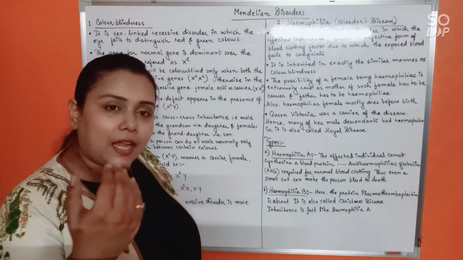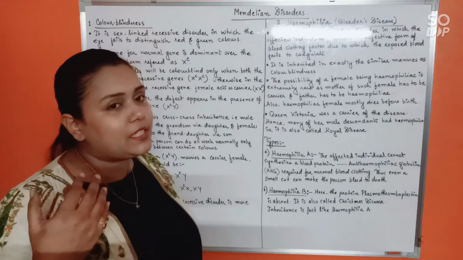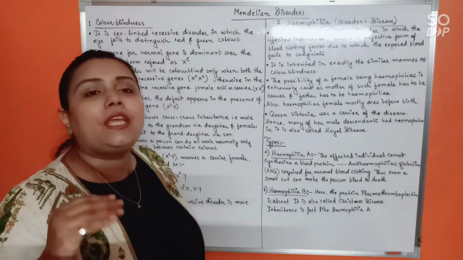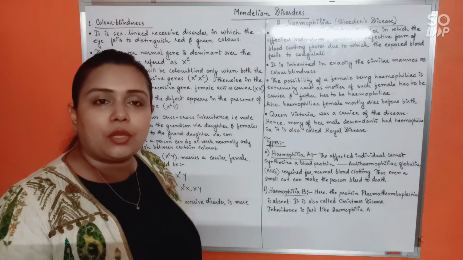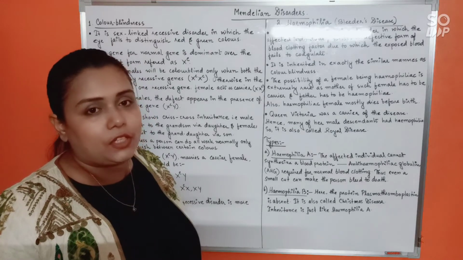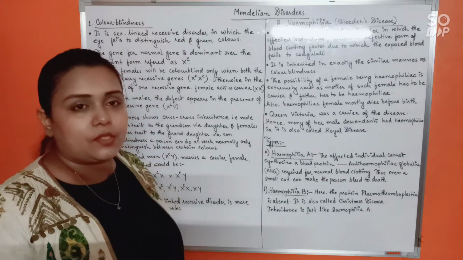And if the son has received the defective allele from the mother, just like the mother, the son cannot behave as a carrier anymore. So he directly will become a diseased individual, isn't it? So that's why also the X-linked recessive disorders are mostly found in the males rather than the females, alright?